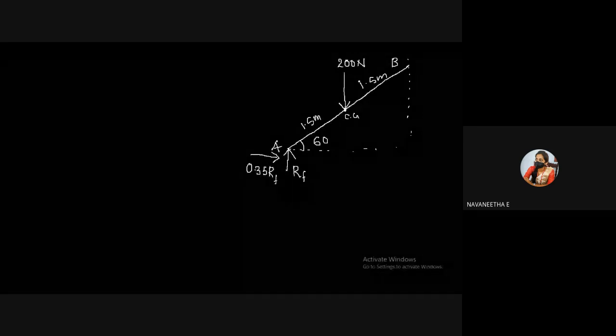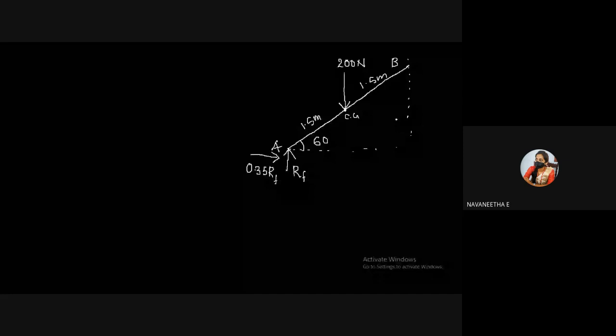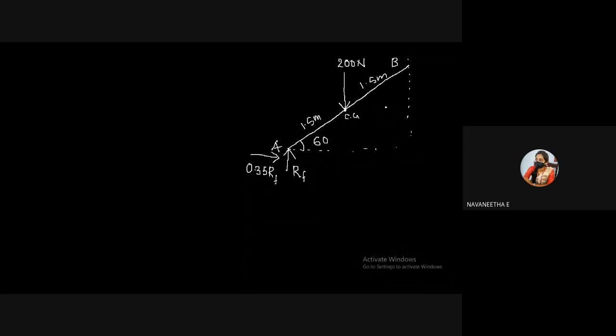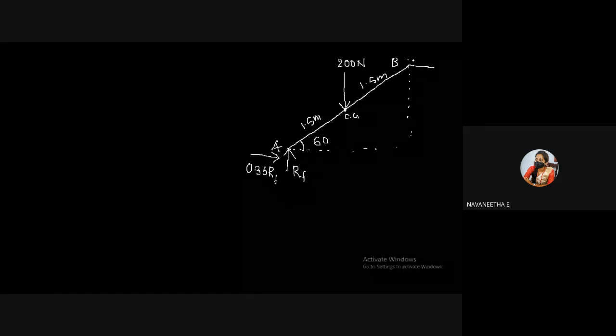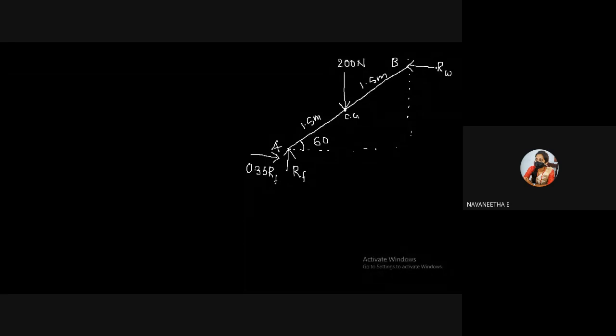When we are considering the point B, the point B is in contact with the vertical wall. That vertical wall is a surface, right? So the point B is in contact with the surface of the vertical wall, so a reaction force is developed at the point B due to this vertical wall surface. It will act normal to the surface. So it is RW, the reaction force developed due to the vertical wall on the point B.